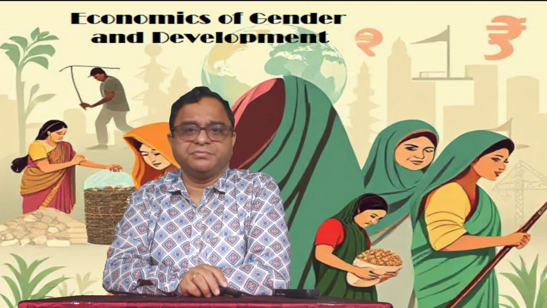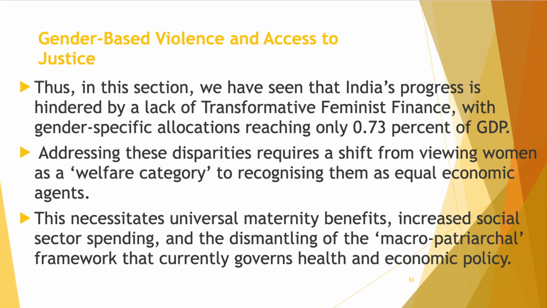Thus, in this section, we have seen that India's progress is hindered by a lack of transformative feminist finance, with gender-specific allocations reaching only 0.73%, that is, under 1% of GDP. Addressing these disparities requires a shift from viewing women as a welfare category to recognizing them as equal economic agents. This necessitates universal maternity benefits, increased social sector spending, and the dismantling of the macro-patriarchal framework that currently governs health